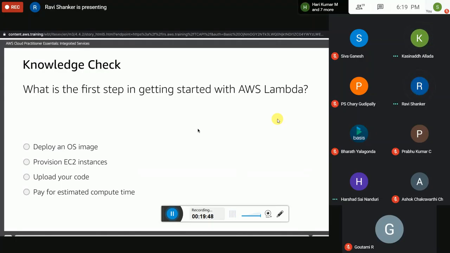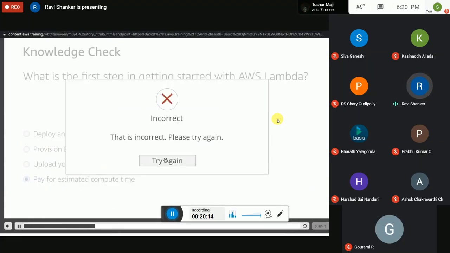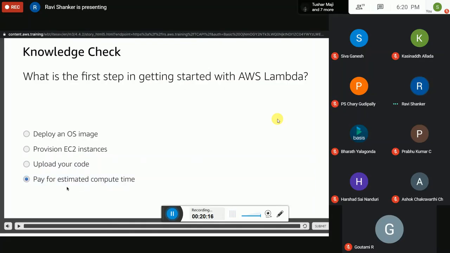What is the answer? Yesterday we saw Lambda. Upload your code. Pay for estimated compute time, upload your code. So definitely we are not deploying an OS image, we are not putting up an EC2 instance. Upload your code is one option, pay for estimated compute time is another one, right? So let us see if pay for estimated compute time is the answer. So that is incorrect. Why is it incorrect? Because